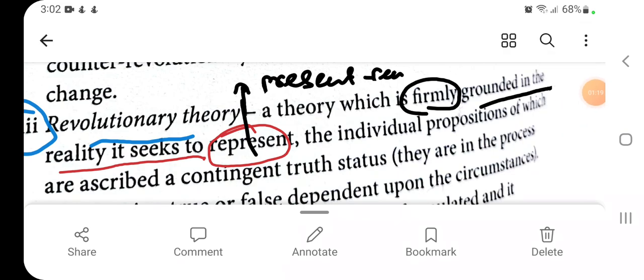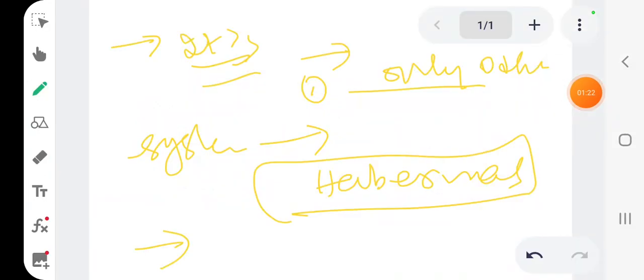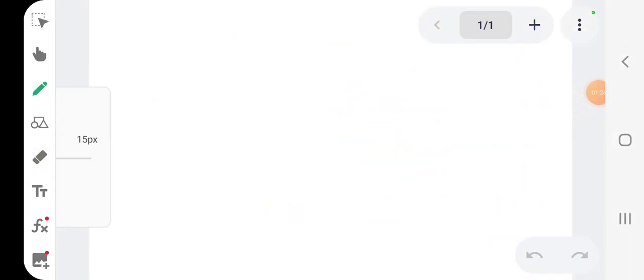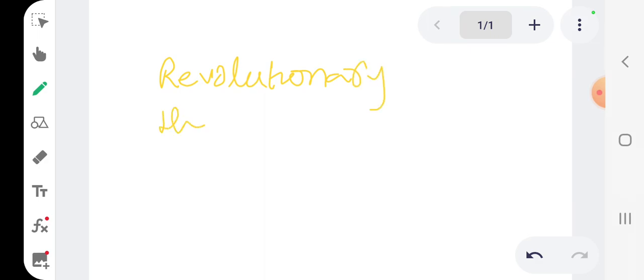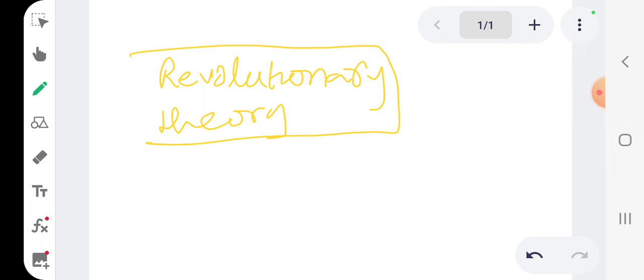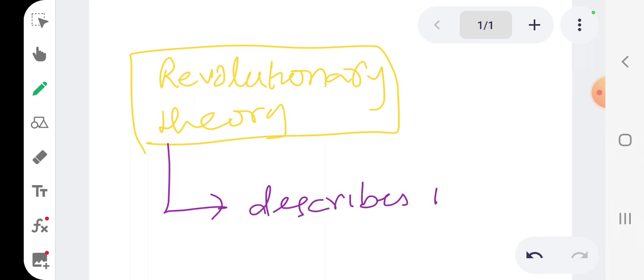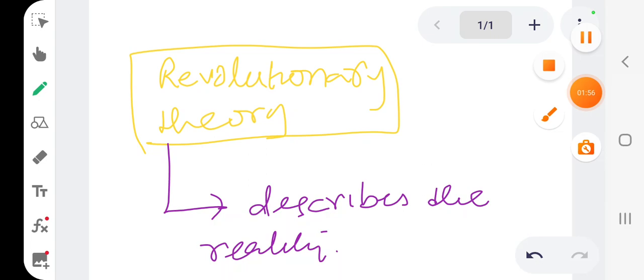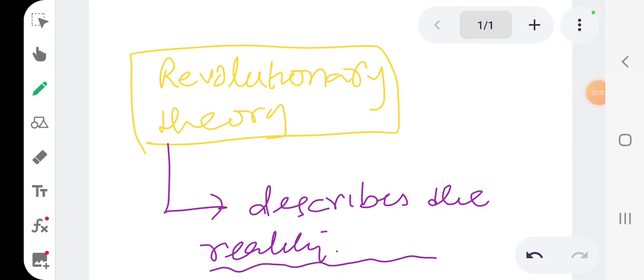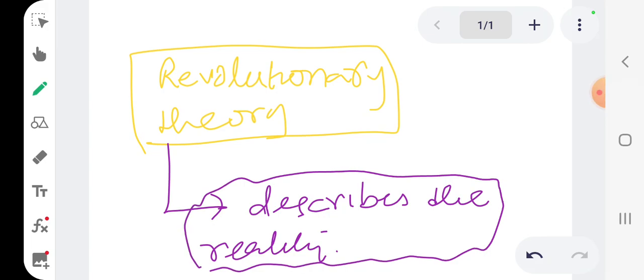So, what does revolutionary theory do in my mind, for example? Part of revolutionary theory is to describe the reality. And also, but in a way different from the status quo theory,